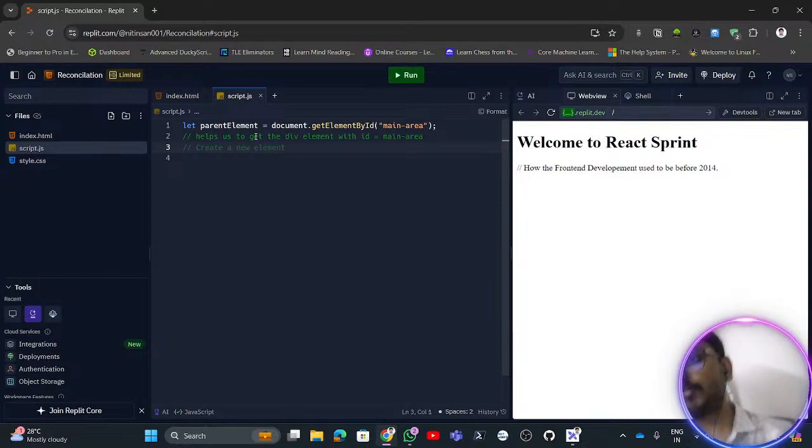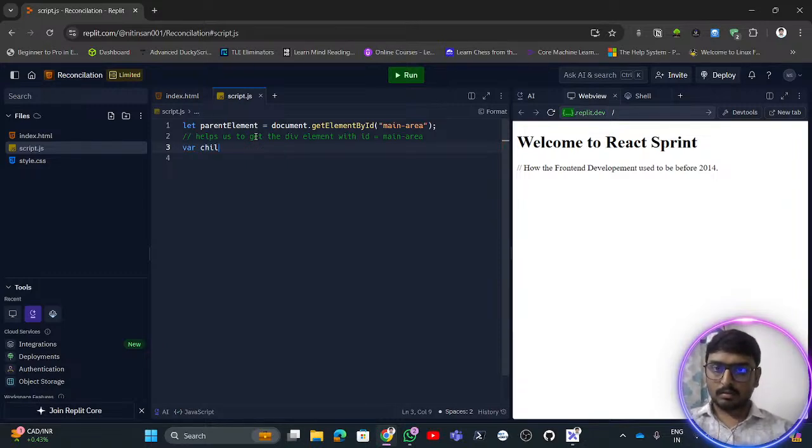Now let's say I just want to add some other elements inside this given particular div element, using this very normal DOM operation. Let's say I want to include a child element. I'll say var child element, I'll say document dot